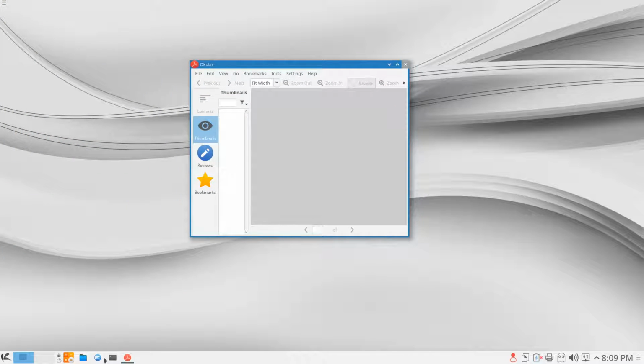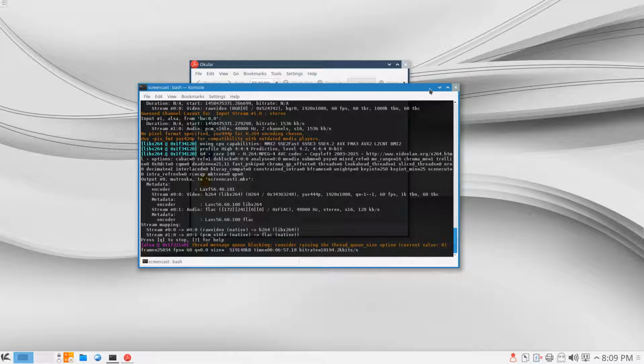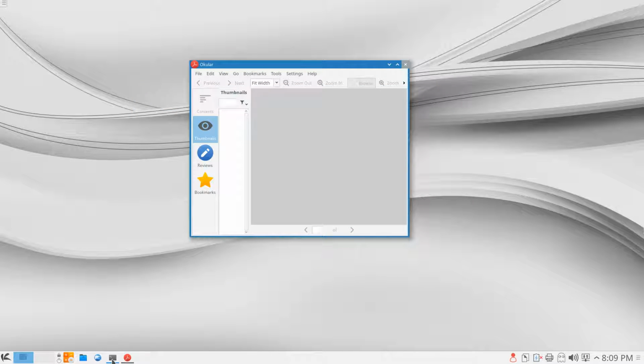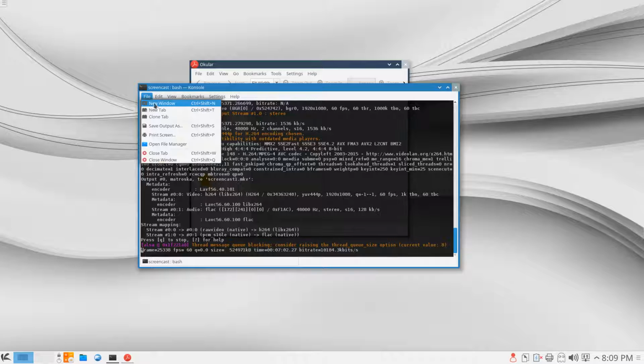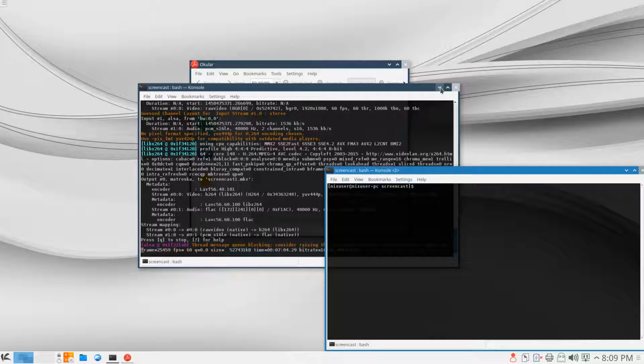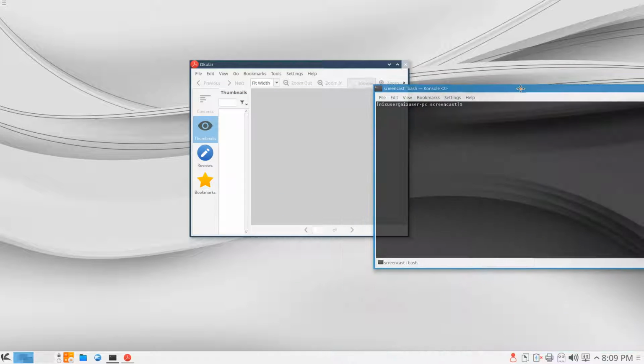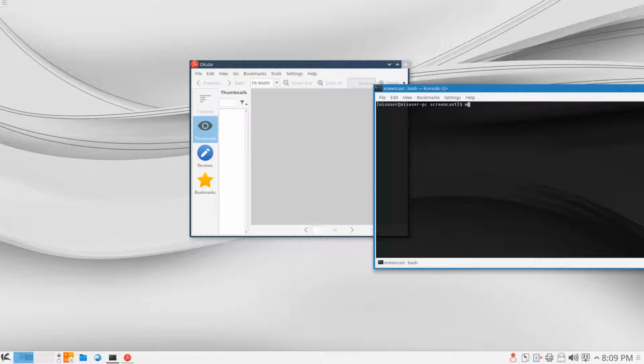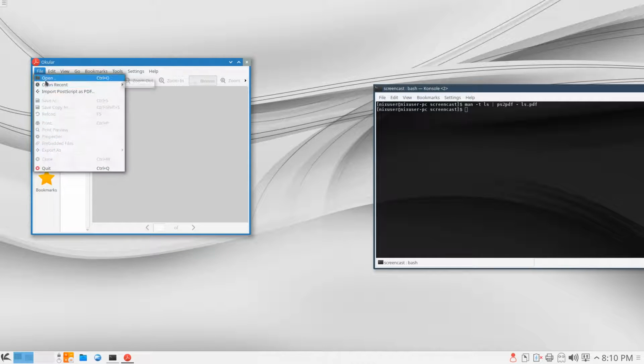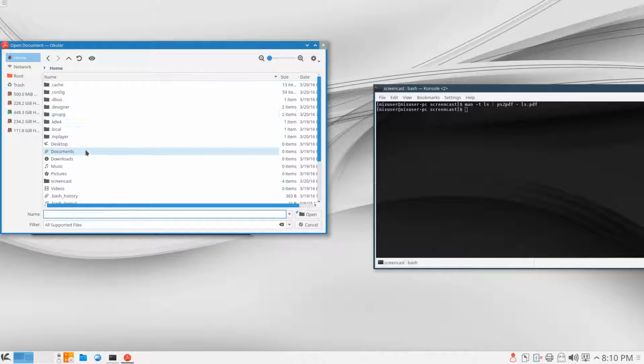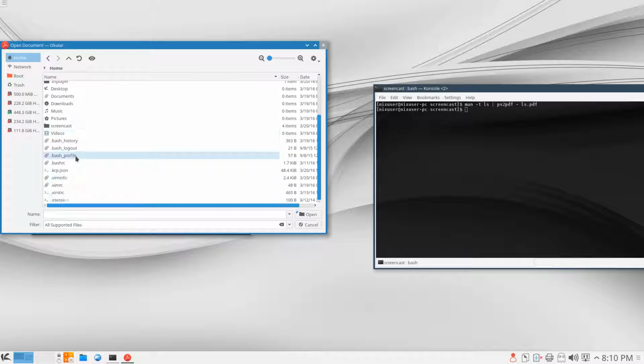So again, let's do the, well, we don't want that. I wonder if I can click it again and open a new one. Oh, we won't bother with that. We'll go new window. The magic is gone. You can see how I'm screencasting. So let's go man -t ls -Tps | ps2pdf, and we'll say ls.pdf. Just give that a moment to complete. It's done. File, open, and we don't need to go to documents because I did it in,